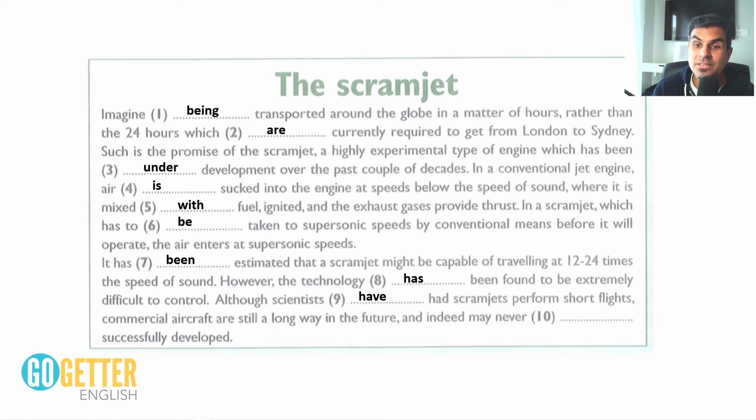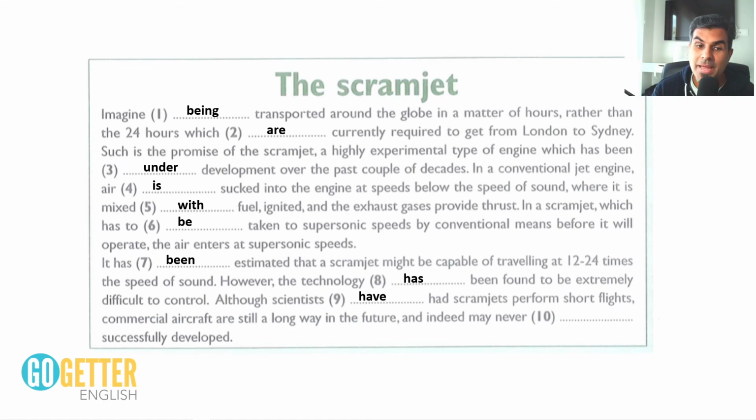Now, to have something do something, take a look at that. Although scientists have had scramjets perform short flights, that means they have done the job of actually getting those short flights off the ground, to have had something done at some point. Although scientists have had scramjets perform short flights, commercial aircraft are still a long way in the future